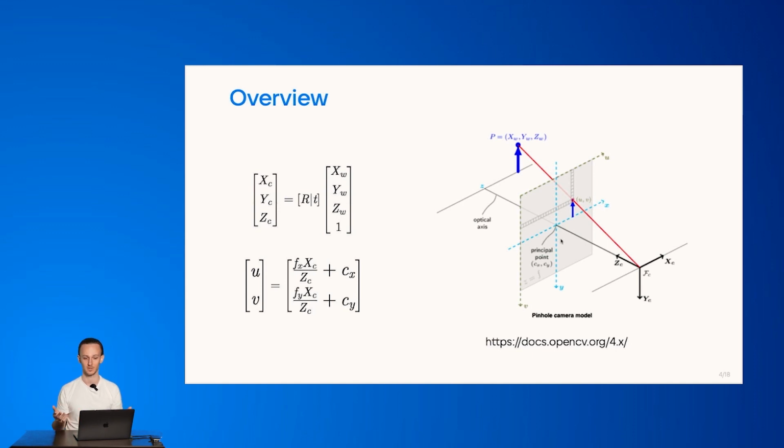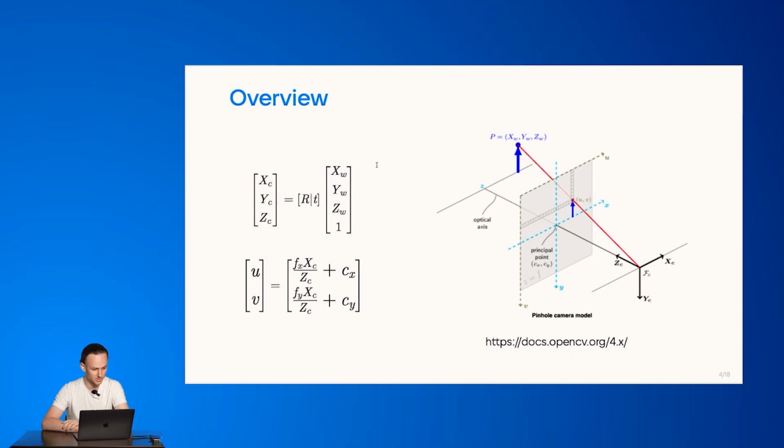It's the main optical axis intersecting the image plane. The coordinates of this principal point are c sub x, c sub y. We will see those two later. Another two characteristics are the focal lengths, and I'm talking about them as there are multiple of them. Well, in reality, there are two of them, and we'll cover them as well later. So let's check the